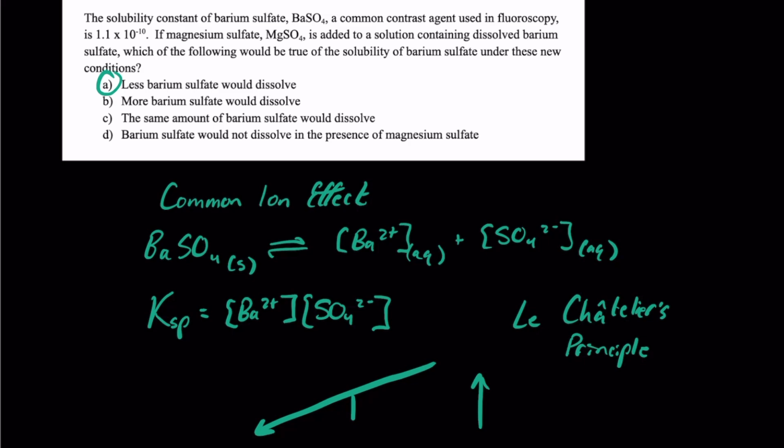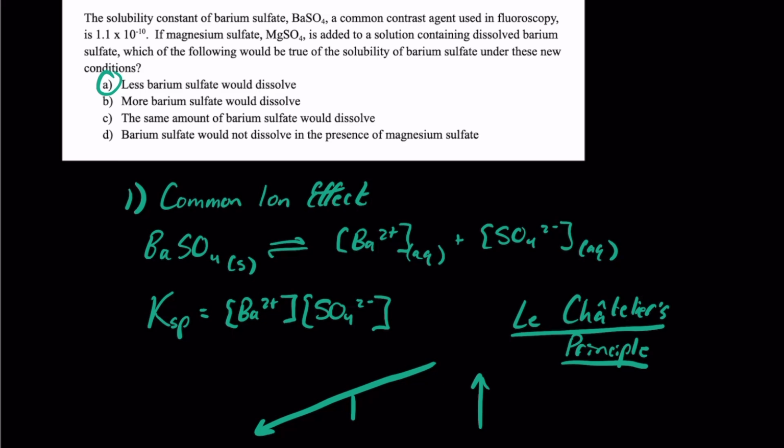So this is one of the most common ways that the MCAT is going to test this common ion effect. It's really just a fancy application of Le Châtelier's principle, something that the MCAT really loves to test. Now there are some other ways that were a little lower yield that I didn't want to go over too in depth, but two other things that could potentially affect